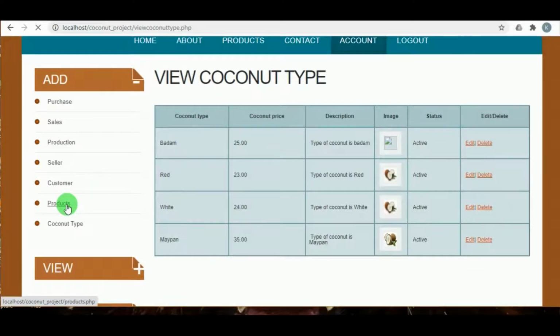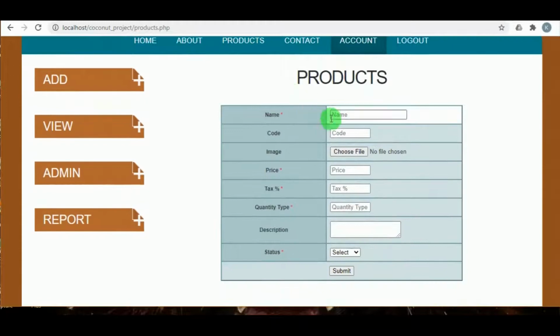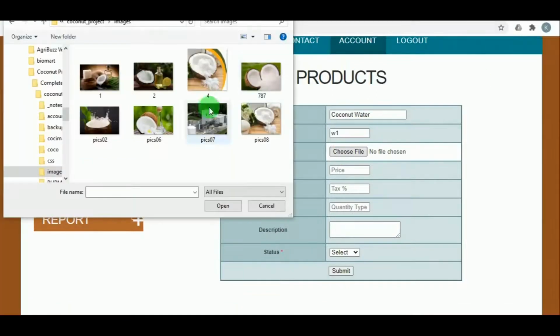Under products in add, the admin can add the various products, such as the products which are produced using the coconuts. So here the product name given is coconut water, and you have to give the product code, and the image of the product must be selected.